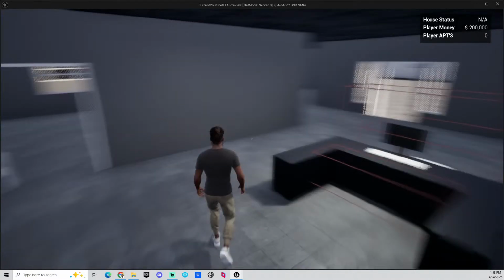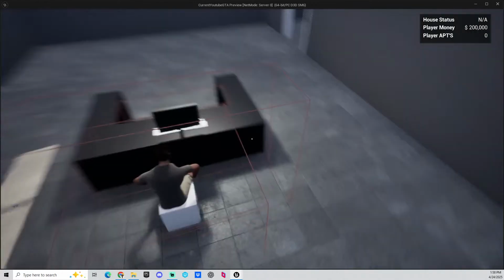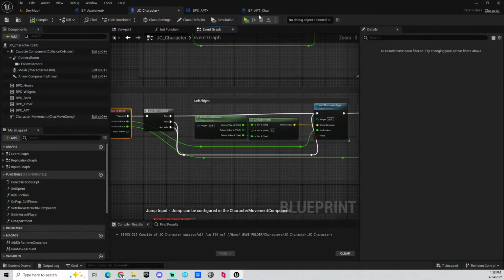So when you come over here, sit down, right? We'll be able to look around with our camera, or if you want to stop the camera, you can just do the same thing where they can move the camera. But now let's exit out of that,